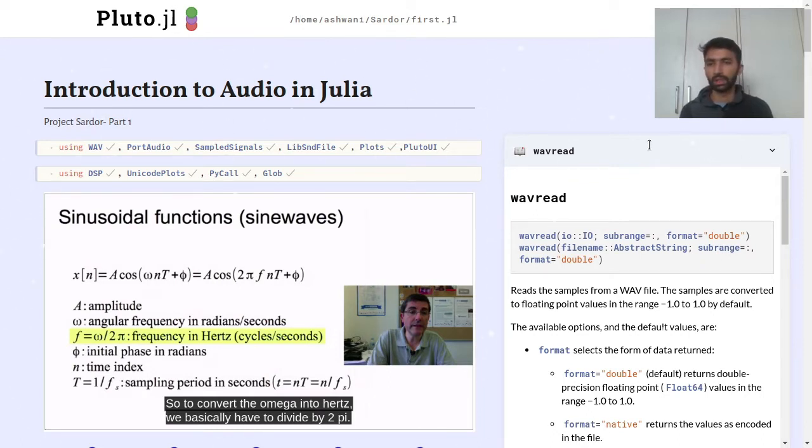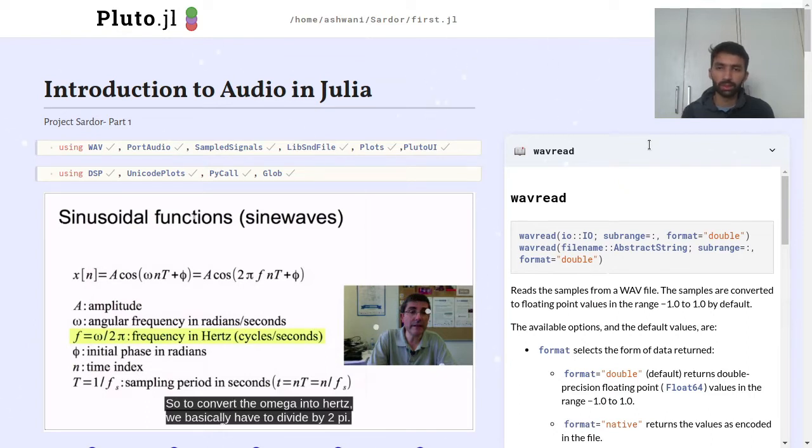So let's start with the package imports that I'm doing and explain what they do. Wave, using Wave. What Wave is used for is to work with Wave files, and it provides several important functions that I use: wavread, wavwrite, wavappend, and wavplay. And then we have PortAudio, which provides us with accessibility of input and output devices, like the built-in microphone and the speakers.